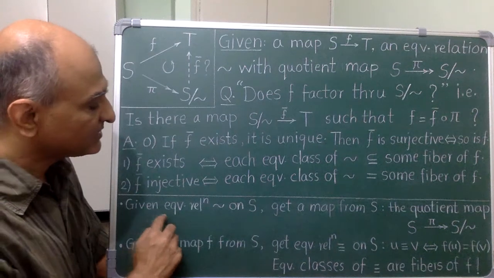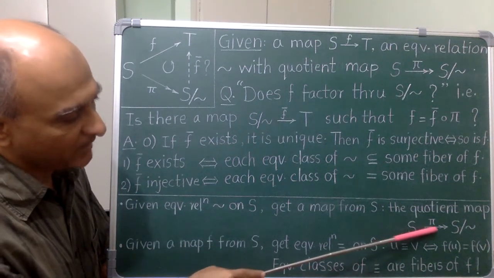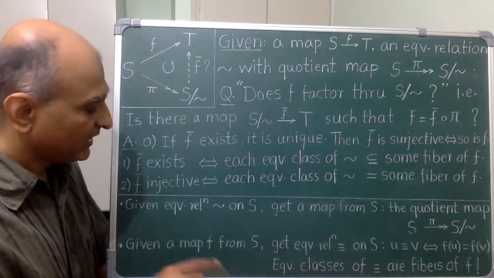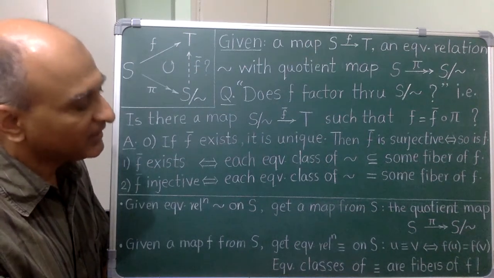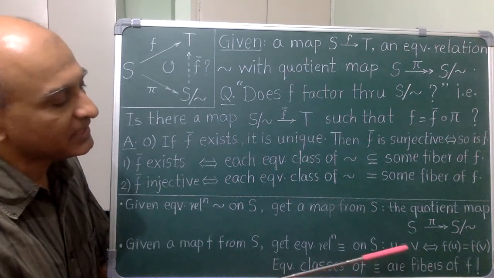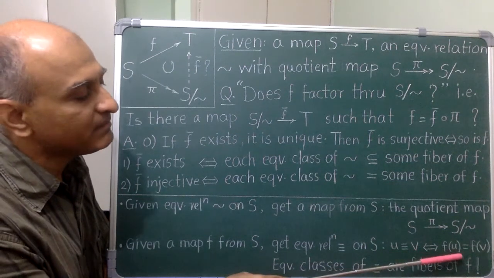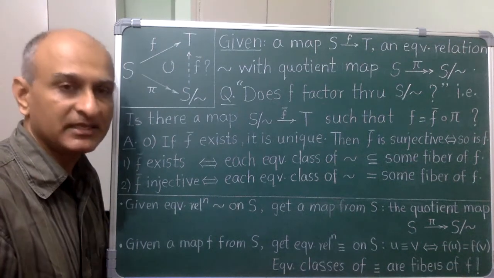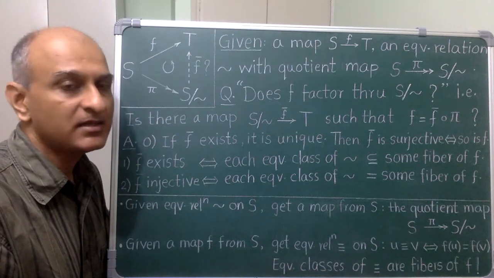Given an equivalence relation on S, we can define the quotient map from S which we have already used. Conversely, given a map F from S, we can define an equivalence relation by saying U is equivalent to V if they have the same image under F. You can quickly check that this is an equivalence relation, and in fact the equivalence classes are just the fibers